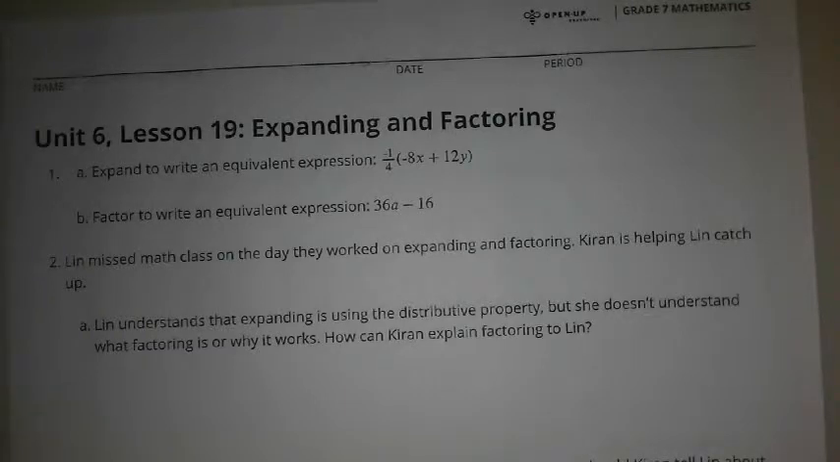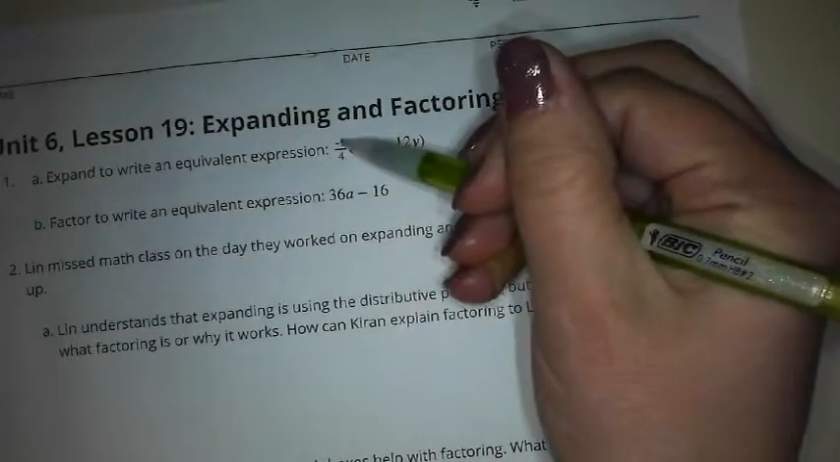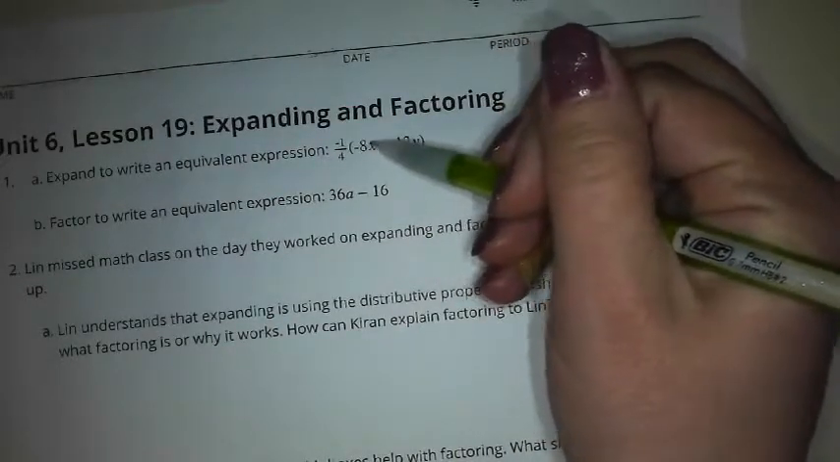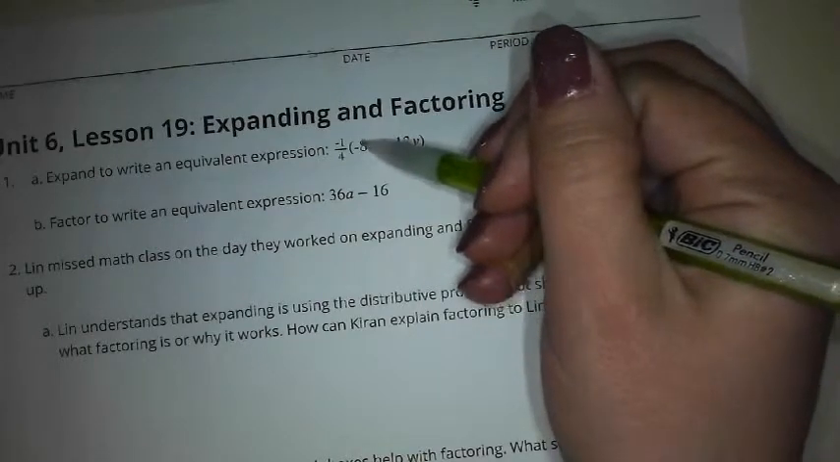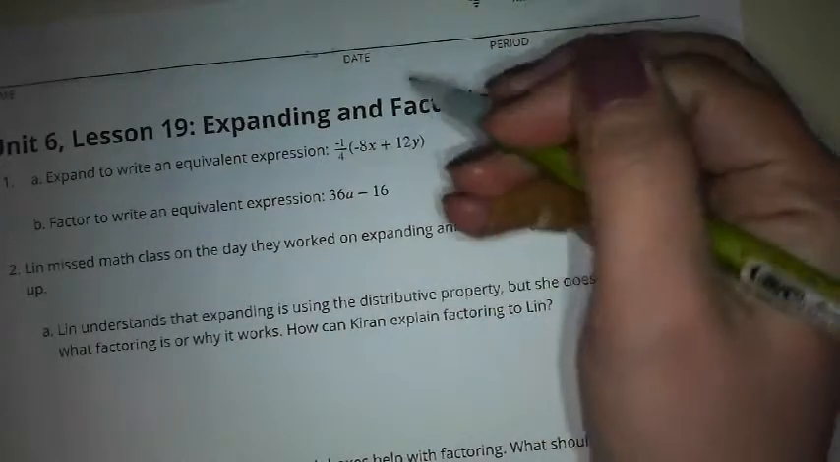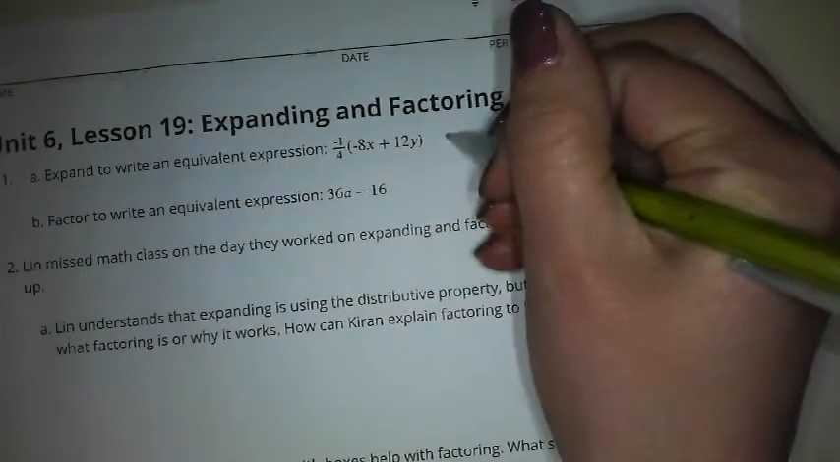Hi boys and girls, this is Unit 6, Lesson 19, Expanding and Factoring. So we're going to expand to write an equivalent expression of negative a fourth times negative 8x plus 12y. So I'm taking negative 1 times negative 8x, which would give me a positive 8, and 8 divided by 4 is 2, so this would give me